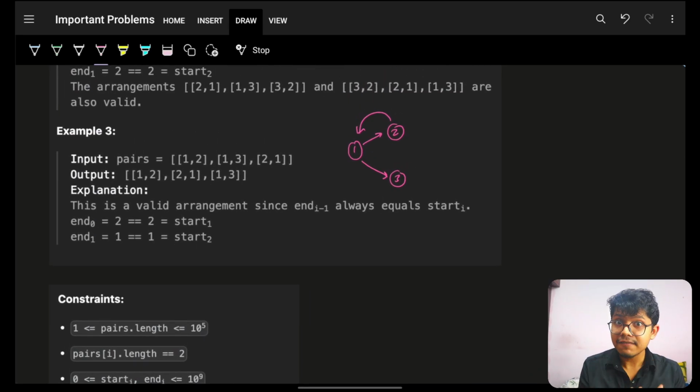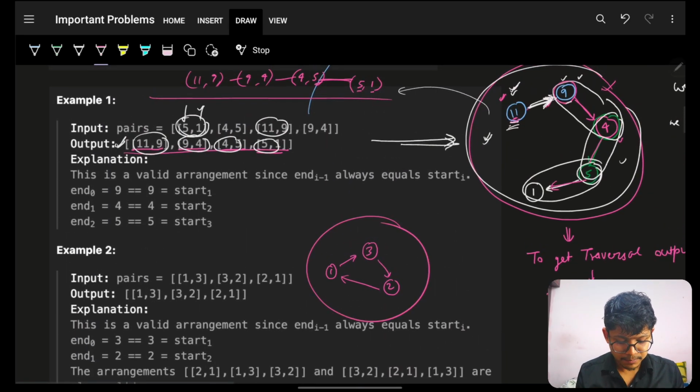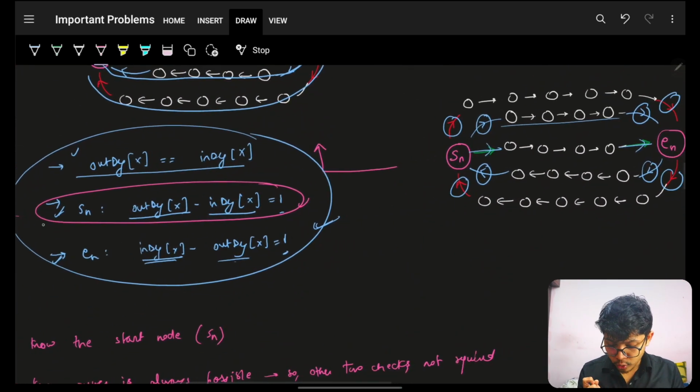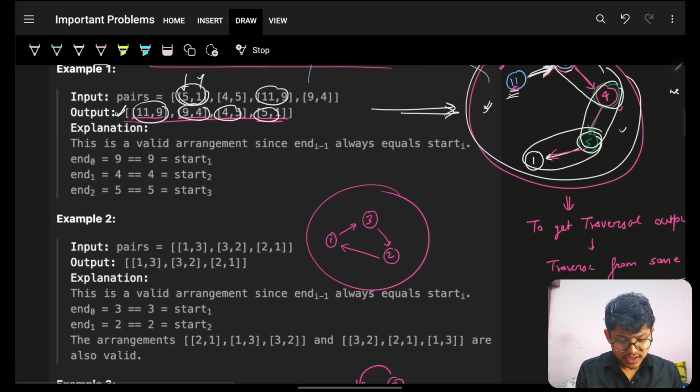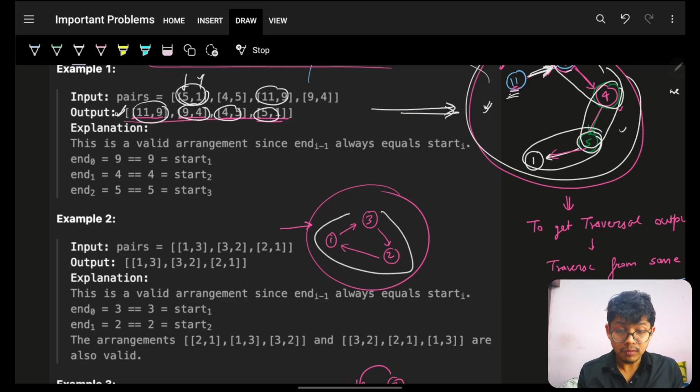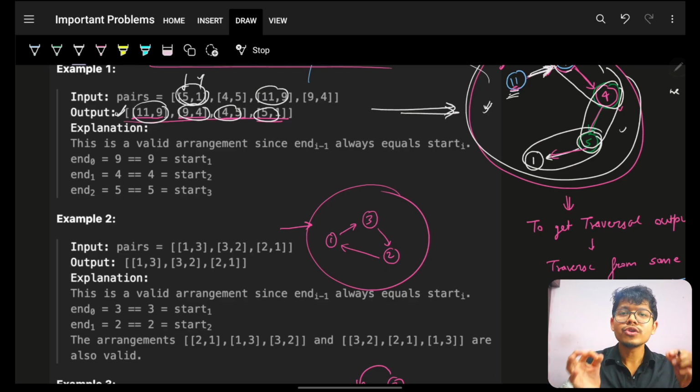So observation never stops. If I look at this example, every node has the same in degree and out degree. There is no node with an out degree more than the in degree by 1, and in the same way there is no end node. So Aryan, are you saying that for this example there is no start or end node? No, I'm simply saying that you can choose any node as the start or end node in this example. So I can choose 3 also, because it will work, because it's ultimately a cycle. And in a cycle, whichever node you start from, you will ultimately be able to reach back to that same node